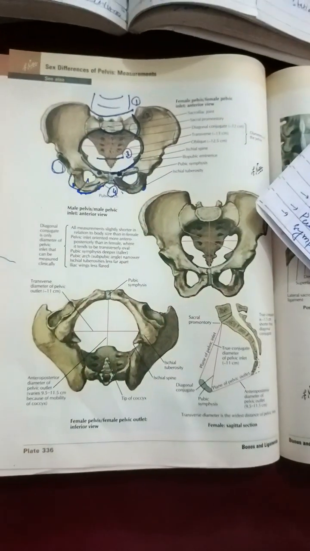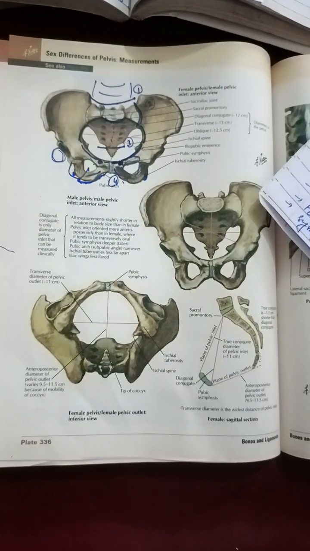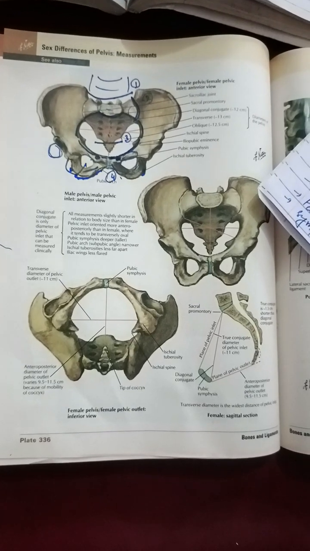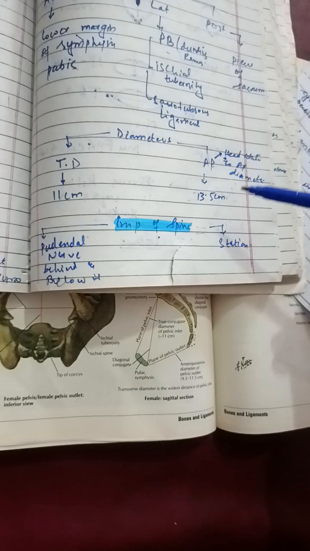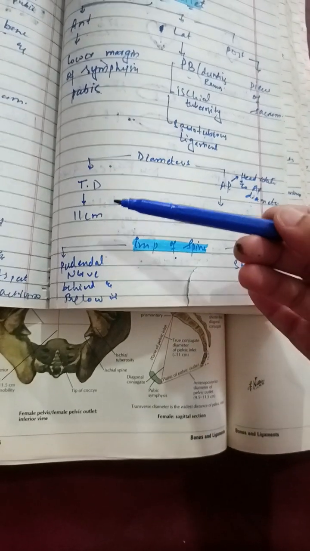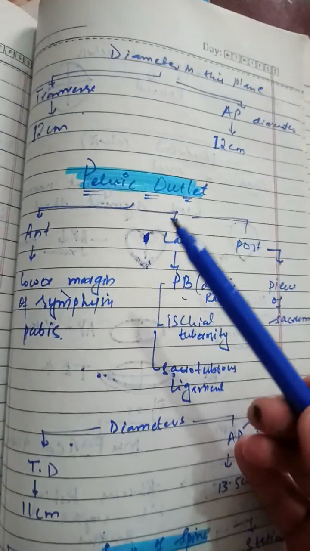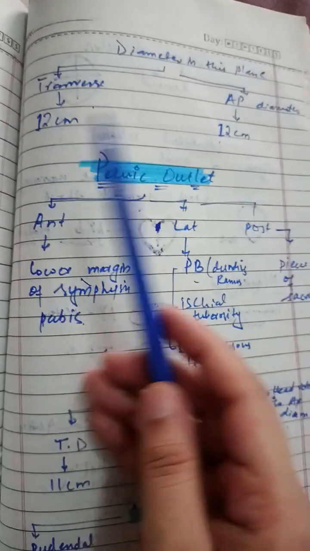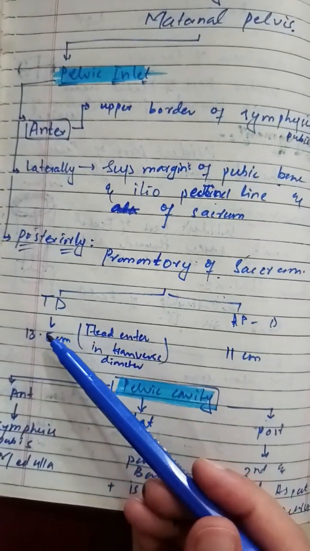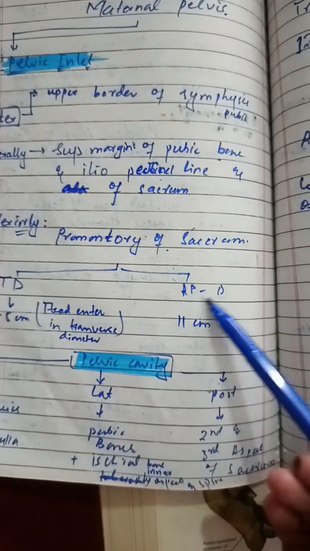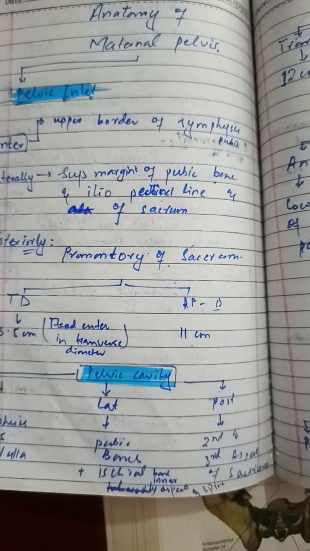This is basically the pelvic outlet, in which the AP diameter is more, about 13.5 centimeters, and the transverse diameter is 11. While in the cavity, both the diameters are the same. While in the inlet, the transverse diameter is greater, that is 13.5, and the AP is smaller, that is 11